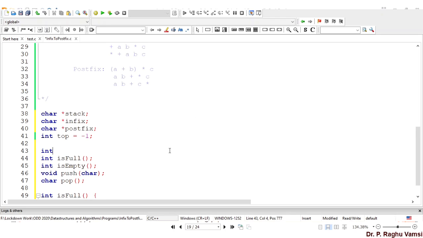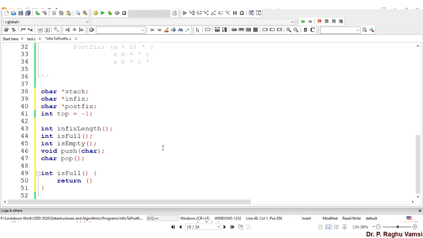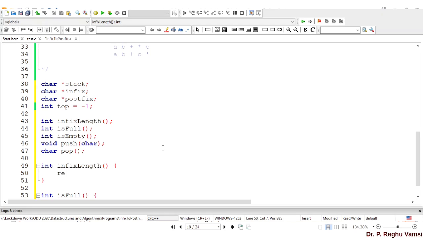Int infix length. This infix length will return the strlen, the string length of infix.